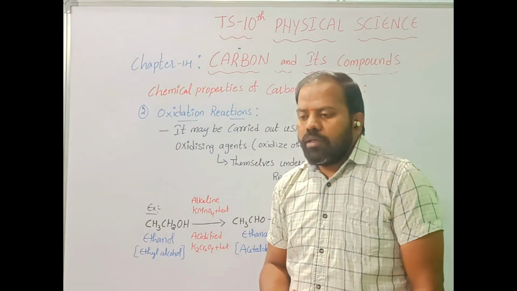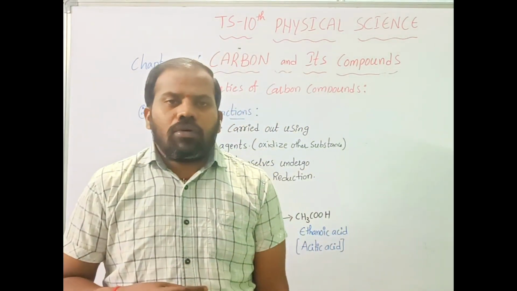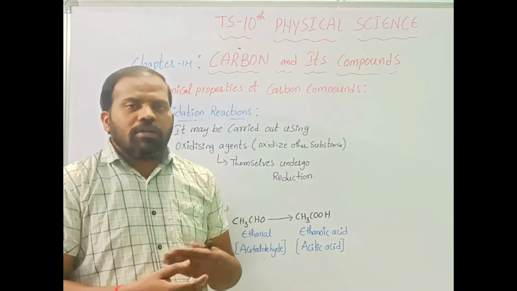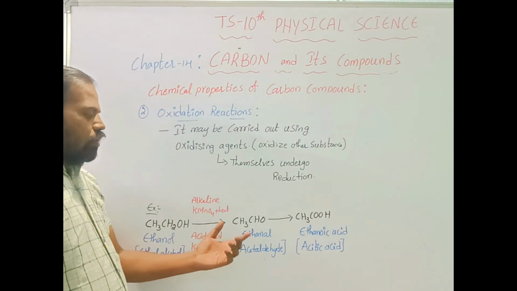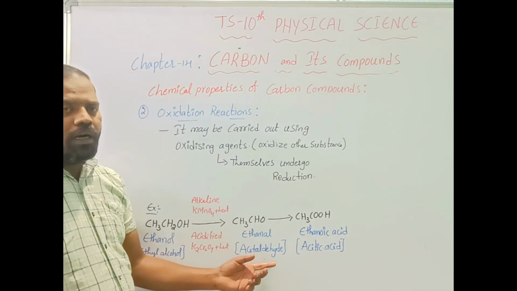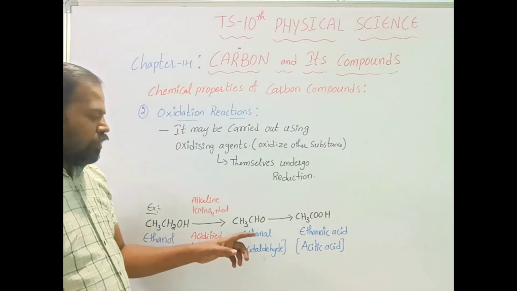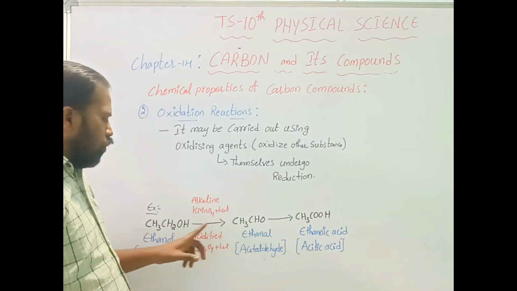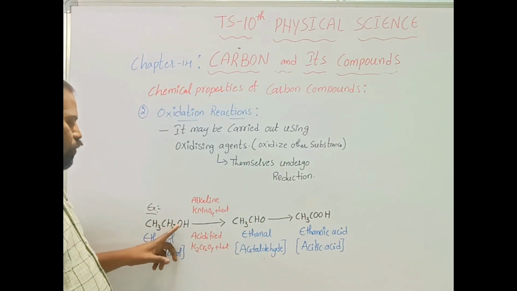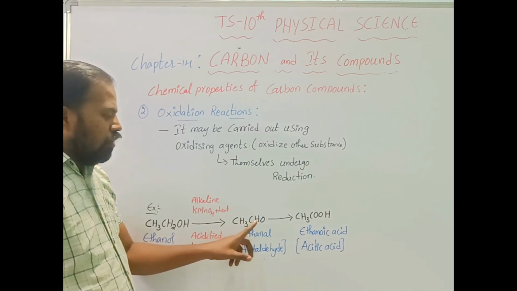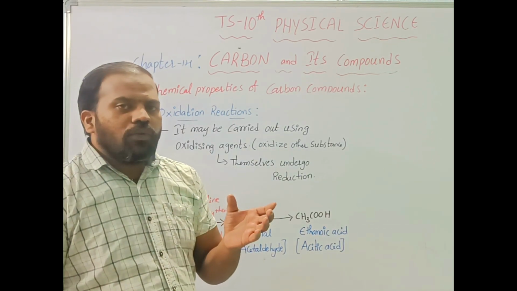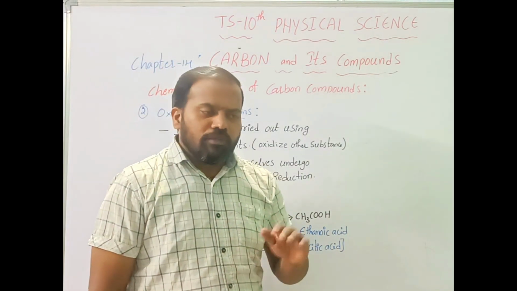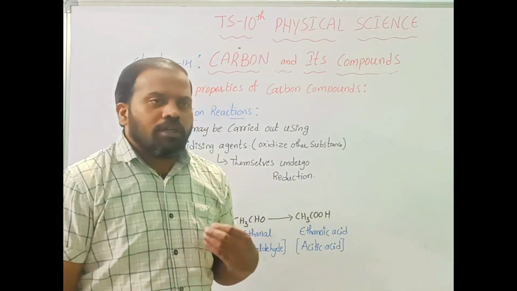So these two can be used for supplying oxygen, and it will generate more oxygen supply to this compound. So it can be converted into ethanol or acetaldehyde. See here, CH3CHO. How many hydrogens do you have? 3 plus 2 is 5, plus 1 is 6. But here there are 4 hydrogens. Okay? Removal of hydrogen is done in the first step. Further, that process will be carried forward.